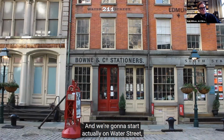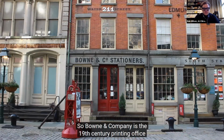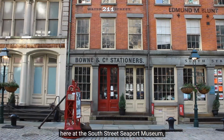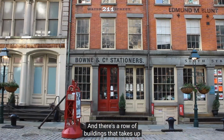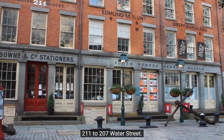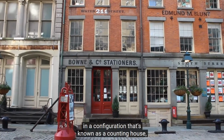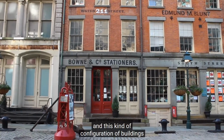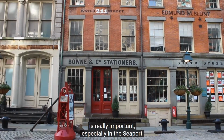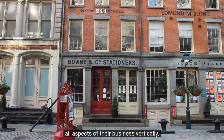And we're going to start actually on Water Street, looking at the storefront of Bound & Company stationers. Bound & Company is the 19th century printing office here at the South Street Seaport Museum, and is a row of buildings that takes up 211 to 207 Water Street. That building was built in 1839 in a configuration that's known as a counting house. This kind of configuration of buildings is really important, especially in the Seaport, because it allowed businesses to integrate all aspects of their